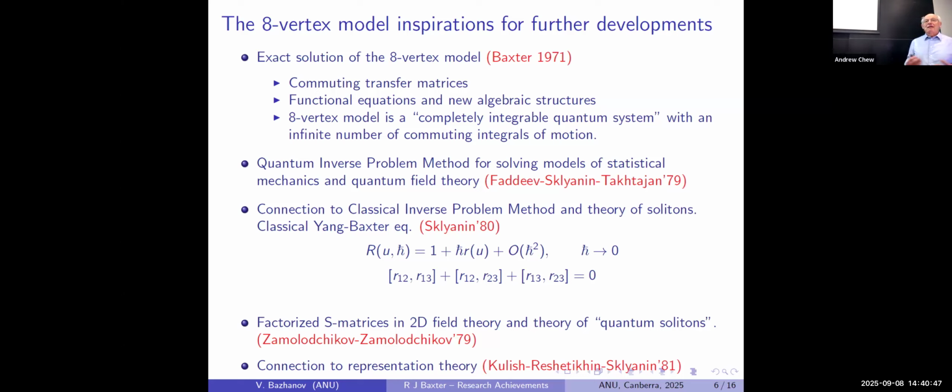And at that time, the classical inverse problem method was very popular in connection with the solitary waves theory. So somehow there was a quite powerful unification of the ideas from the classical and quantum sides of the problem. For example, the classical Yang-Baxter equation, which appears as a limit, wasn't known before. And another